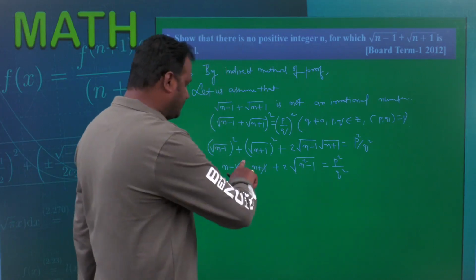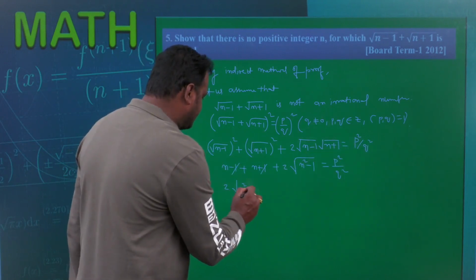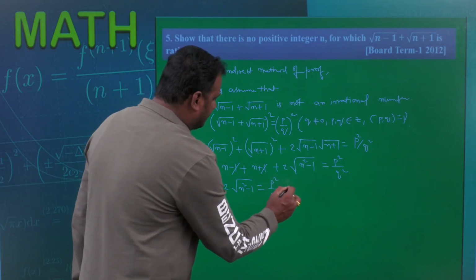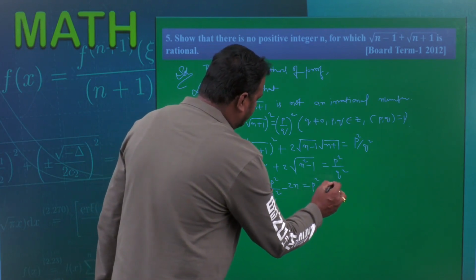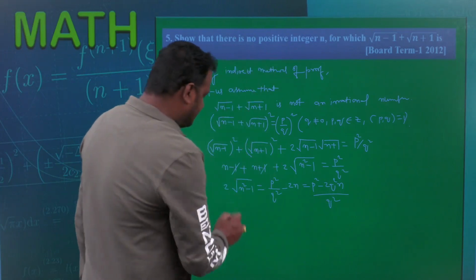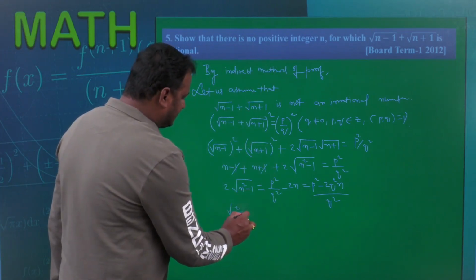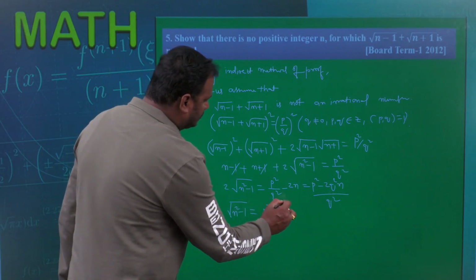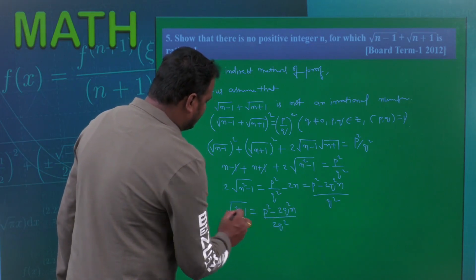Okay, so I'm going to transpose the 2n to that side. So 2 into root over n square minus 1 is equal to p square by q square minus 2n, which is equal to p square minus 2q square n divided by q square. Then root over n square minus 1 is going to be p square minus 2q square n divided by 2q square. Once you observe this,